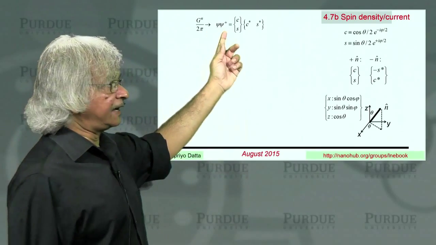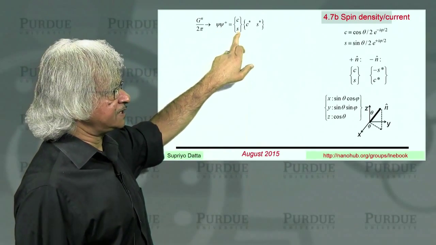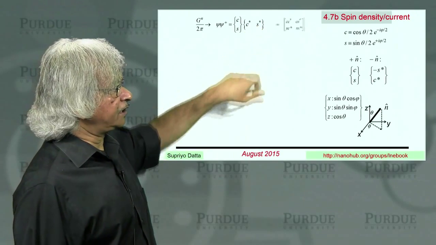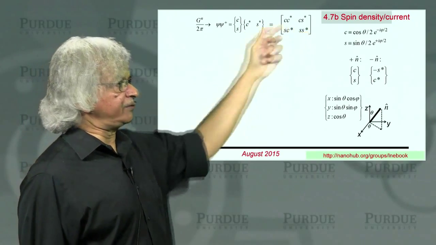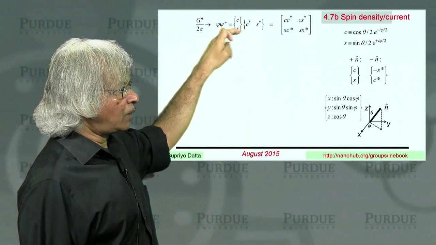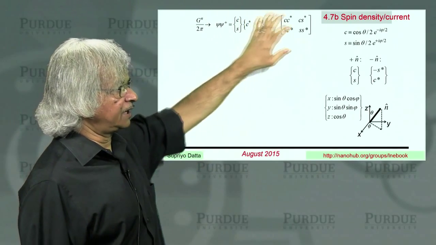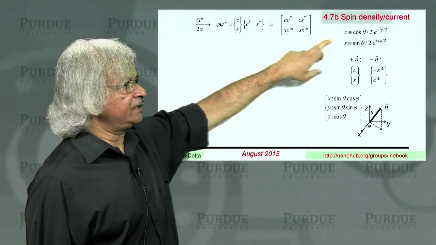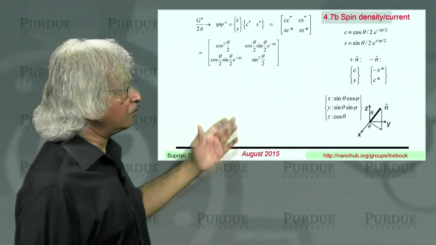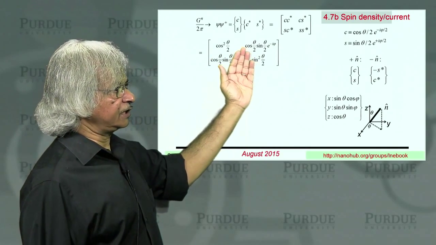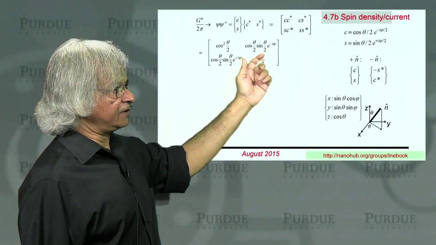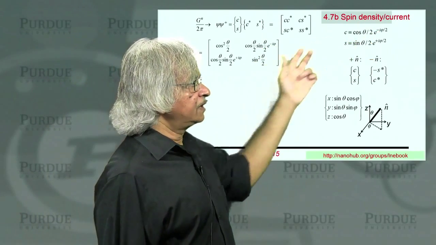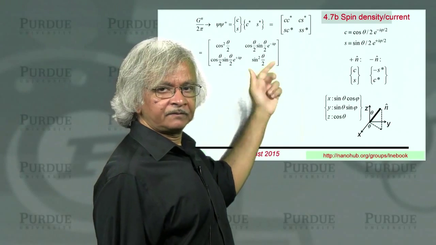That's this psi psi dagger. So the principle is simple. You take C S multiplied by C star S star. And if you write it out, you'll get this 2 by 2 matrix. You see, this is 2 by 1, this is 1 by 2, so when you multiply, you get 2 by 2. And these individual elements, you can do the multiplication and write it out. You'll get cosine square half theta, cosine half theta sine half theta, and there'll be a phase factor because of this, and same here, and so on.